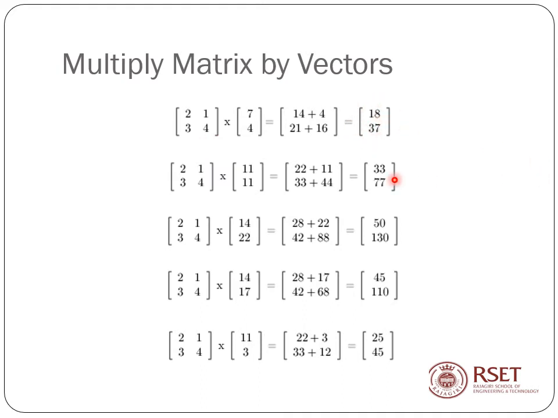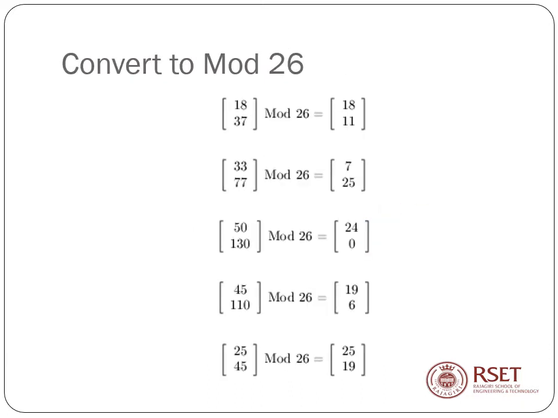Now what is my next step? Given hello world, I cannot just give back 18, 37, 33 and all. So remember, these values are not enough for me. Why am I not satisfied with these values? I'm supposed to convert these to letters, right? So to which range did I map A to Z? 0 to 25. But look here, I have elements greater than 25: 37, 77, 33. What will I do with these numbers? To which character will I convert them? So remember, we are not done; you have to do a mod 26 operation.